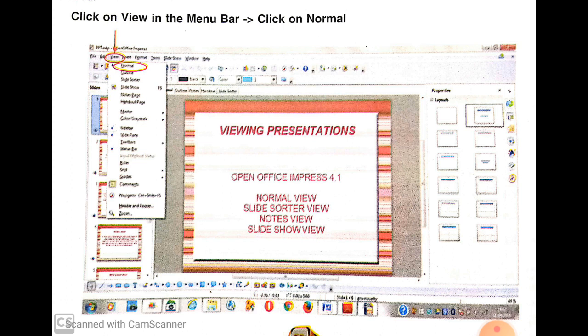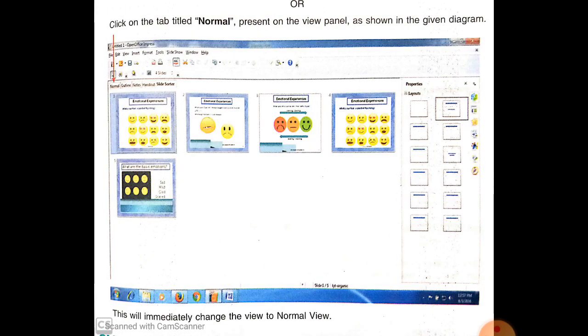Or in another method, click on the tab titled Normal present on the view panel as shown in the given picture. This will immediately change the view to normal view.